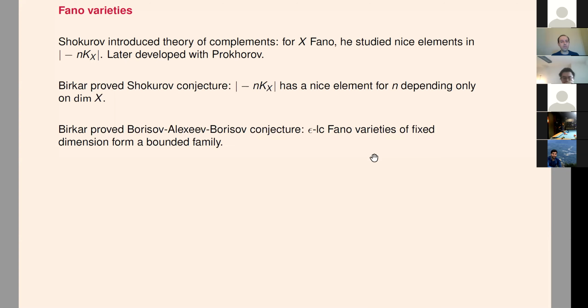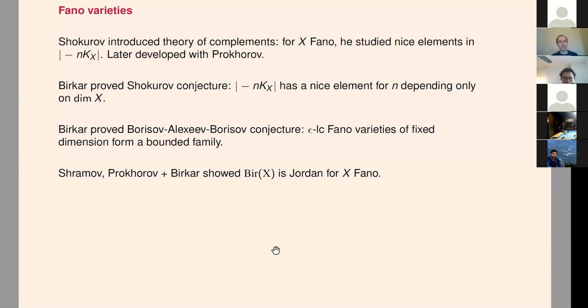In particular, I used that again in the same year to show that the Borisov-Alexeev-Borisov conjecture holds, which says that if you take Fano varieties of fixed dimension and of bounded singularity, so this epsilon-lc, or epsilon log canonical, means bounded singularity. I will define this later more precisely. So for example, if you take smooth ones, but of course the smooth case was already known. Anyway, if you take these Fano varieties with these bounded singularities, then they form a bounded family. So of course there will be infinitely many of them, but they can all be parameterized by some finite dimensional union of varieties.